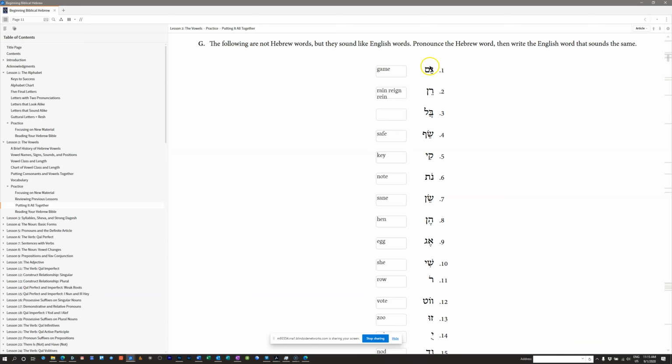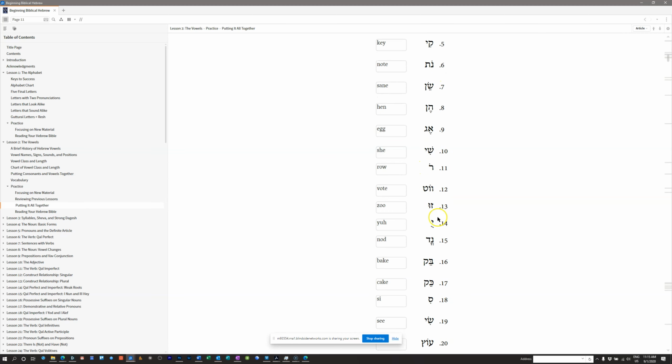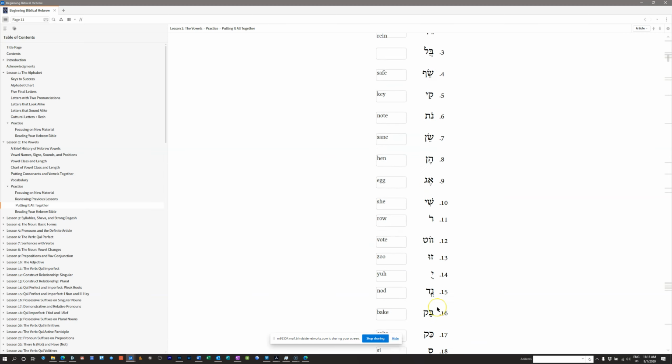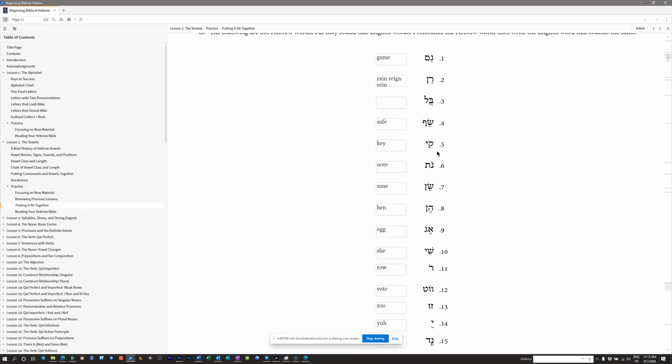And maybe it's helpful, because you don't get this from the answer key, I'll just go through and pronounce these how they should be pronounced if you saw them in Hebrew. Forget about the English word. I'm just going to pronounce them because the point is for you to understand Hebrew pronunciation. So like I said, I'll just read through these and you can hear how they should be pronounced. So number 1 is game. Number 2, rain.